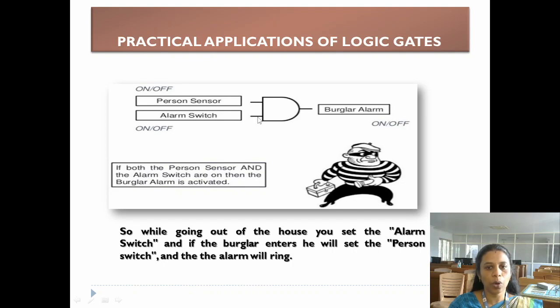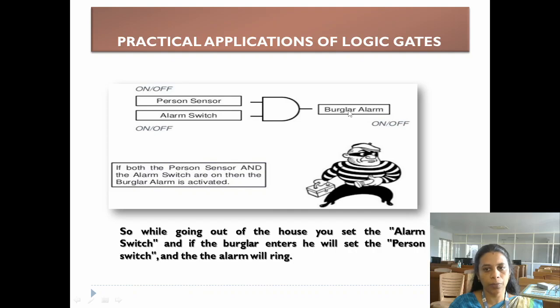and once a person goes out of the home, we can switch on the alarm switch, which makes the input 1, and the other input may be 0 or 1, which is detected by the sensor. If there is no person intervening, the sensor output will be 0, and so the output of the AND gate will be 0,